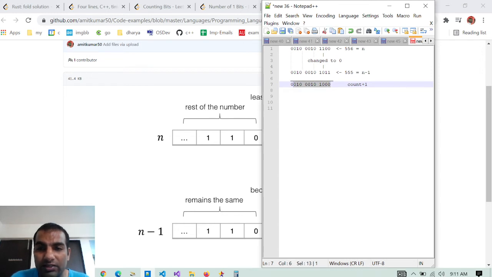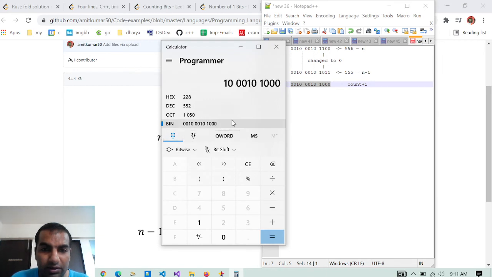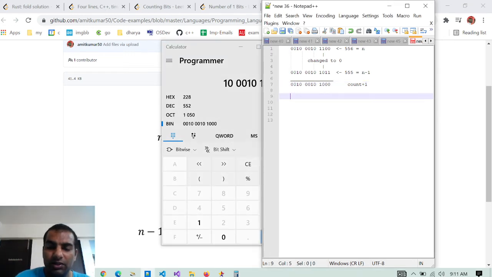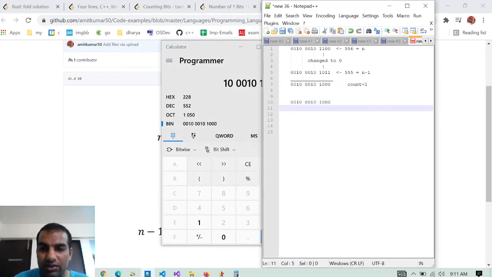So if I see this one, what is this number? This becomes 552. Now this becomes our n, and what is our n minus 1?